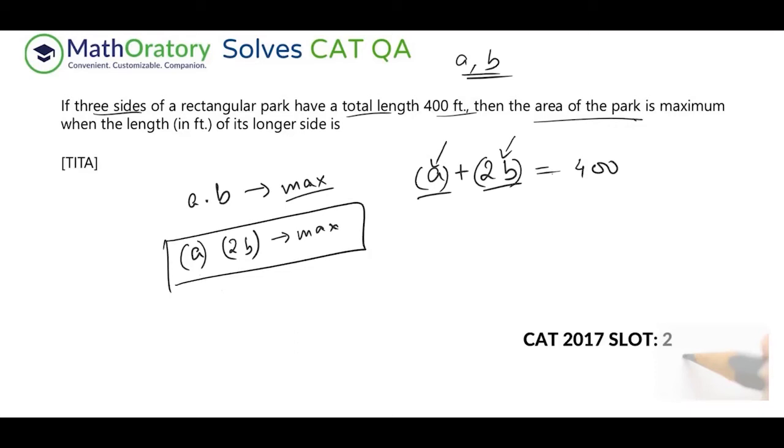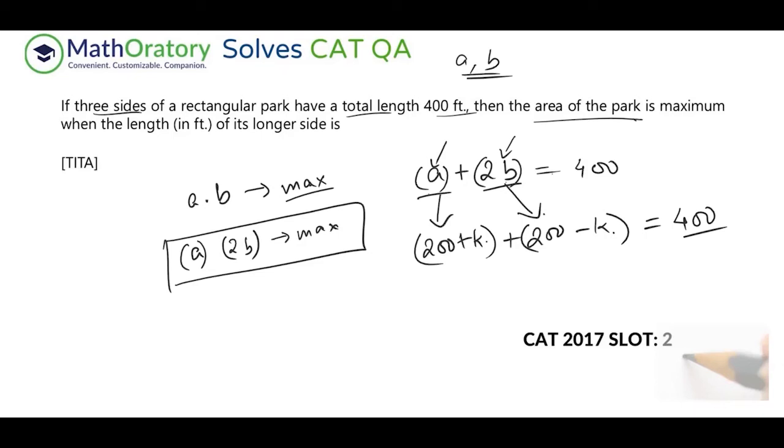Now, because of the sum of A and 2B, we could write this as A plus C and do the same thing, but I'm not going to overcomplicate this. So I'll just indicate A as 200 plus K, and 2B, not the B, the 2B, as 200 minus K. Now check this out. Whatever be the value of K, this will always add up to 400, right? So what I did is take an equal increase and decrease from the average of the two numbers. If the sum is 400, then the average is 200, isn't it? That is the basic idea of AMGM anyhow.